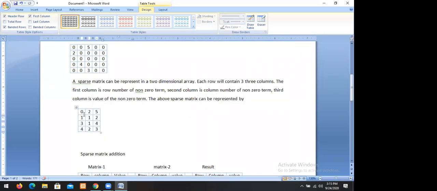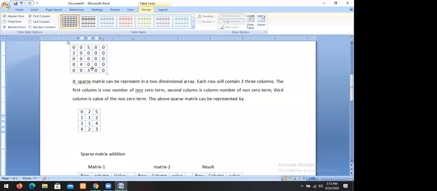So this is the representation. If you take a matrix, this matrix will be represented in this way. If you represent the above matrix in this way, this matrix has 4 rows and 3 columns. 4 into 3, 12 values. So 12 into 2 is 24 bytes of storage, while in the case of the above, it requires 50 bytes of storage. So there is a lot of wastage.